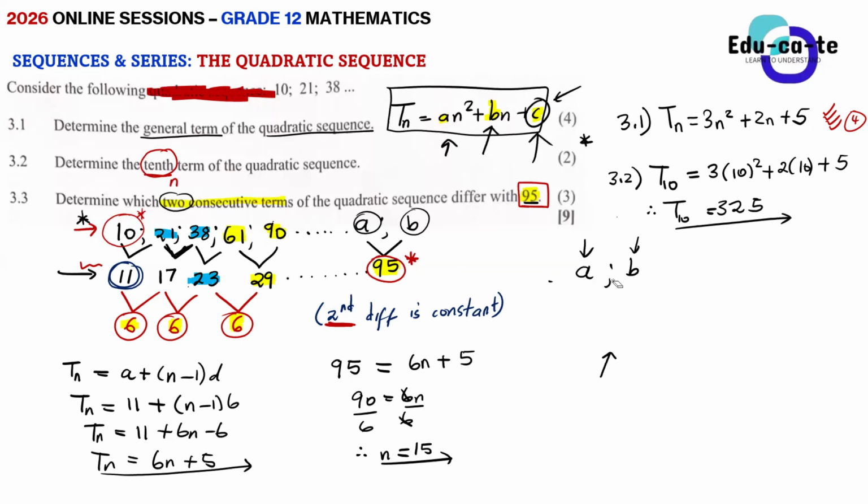Sam, is it true if I say 6 plus 95 is equal to B? 6 plus 95 is equal to B. Is it? Why? Can you please give me a sec? I just want to confirm something.